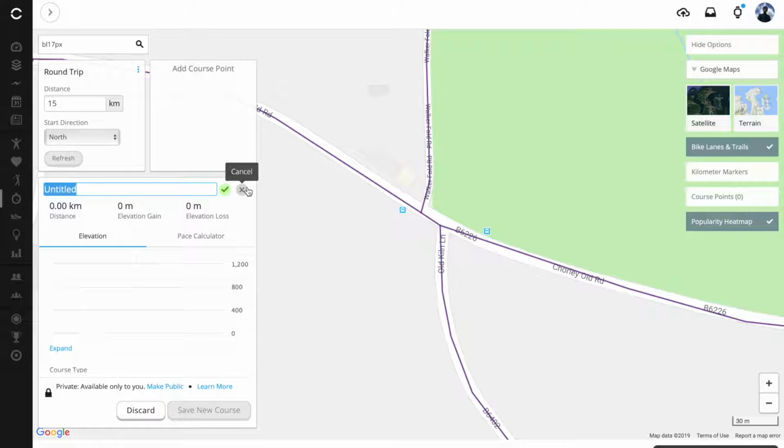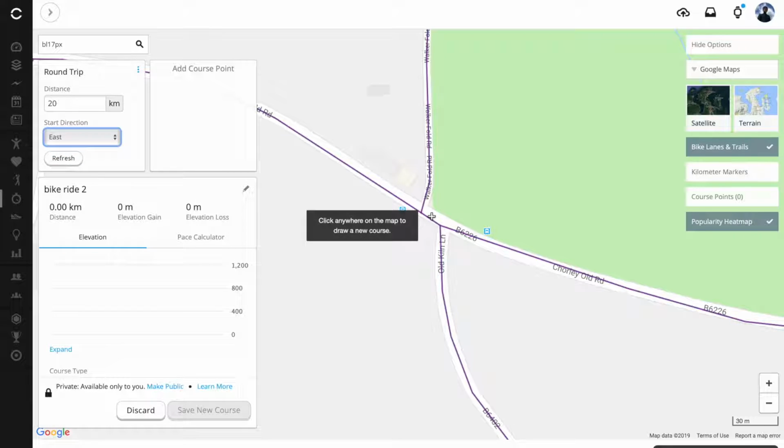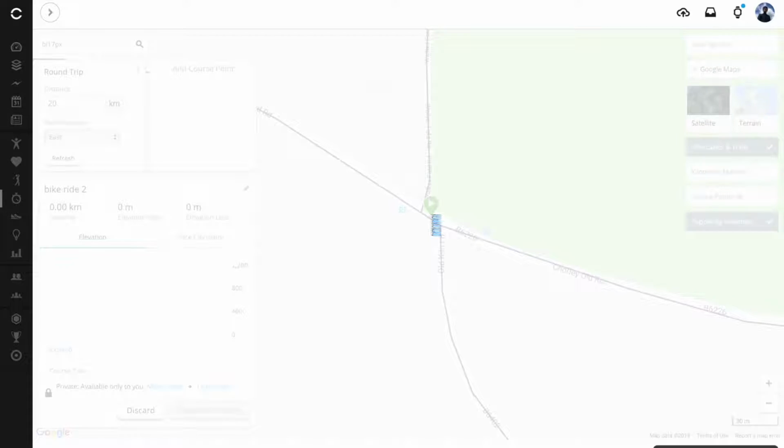So first, we'll give our ride a name. We'll just call it bike ride 2. Then distance will go 20 kilometers. Start direction will go east. We'll pick the same start point,